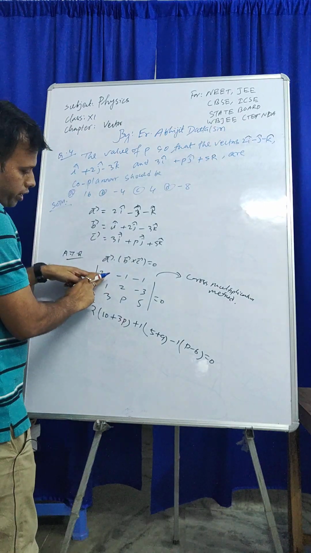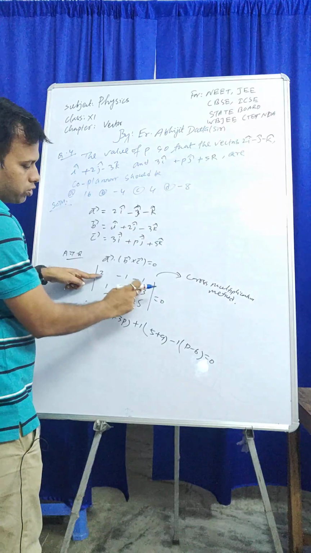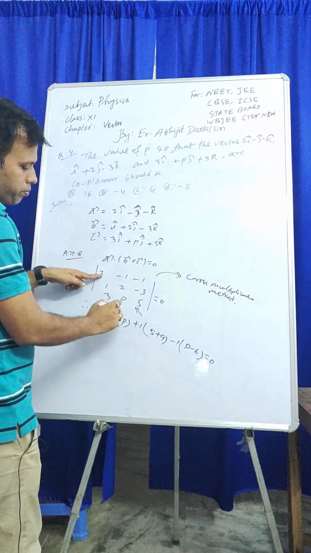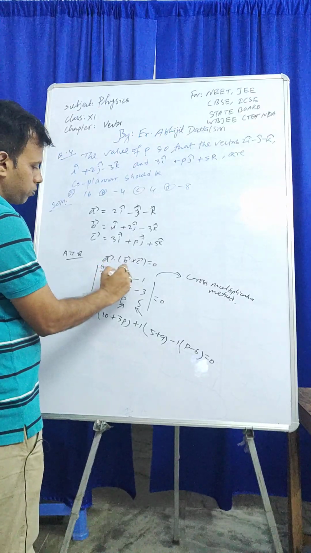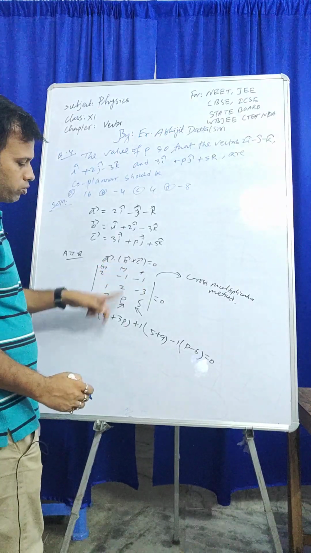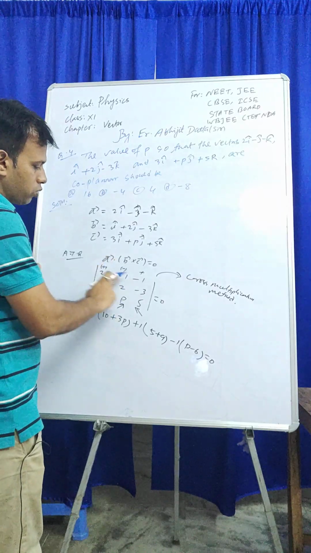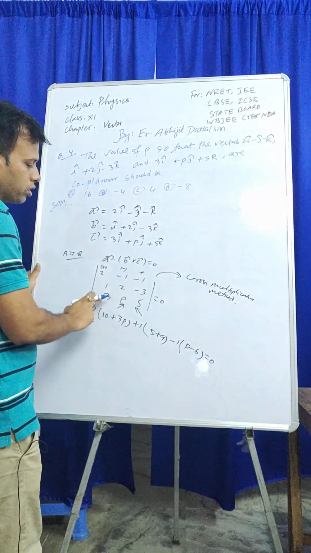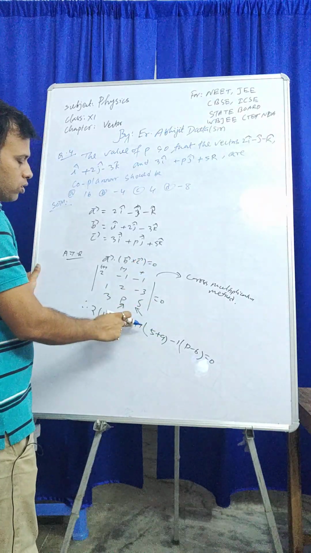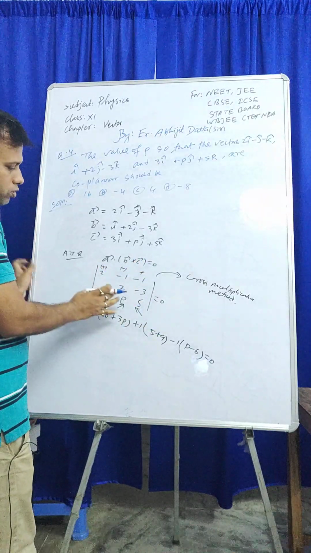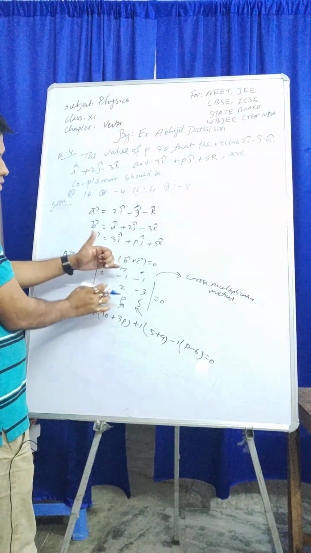So take 2 rows and columns, which will be cancelled out. This one into this one minus this one into this one. Take this one plus, this one minus, this one plus. So minus will be plus, and this row and this column will be cancelled out. So this one into this one minus this one into this one. And again, if we take minus 1 here, this column and this row will be cancelled out. So there are 4 elements, this into this minus this into this.